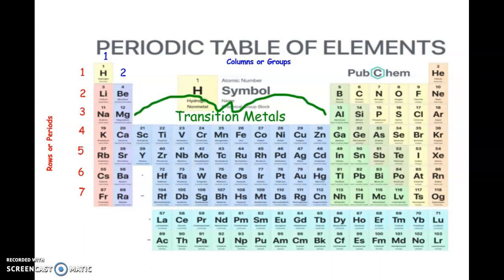The next section here is called the transition metals. We do not count those in this particular video. We're not going to count those as columns because we're going to use this for bonding later on. So right now we're just going to say that section in the middle, the low section there, is the transition metals. So we're going to skip over to column number 3, which is above boron, aluminum, gallium, indium, thallium, and